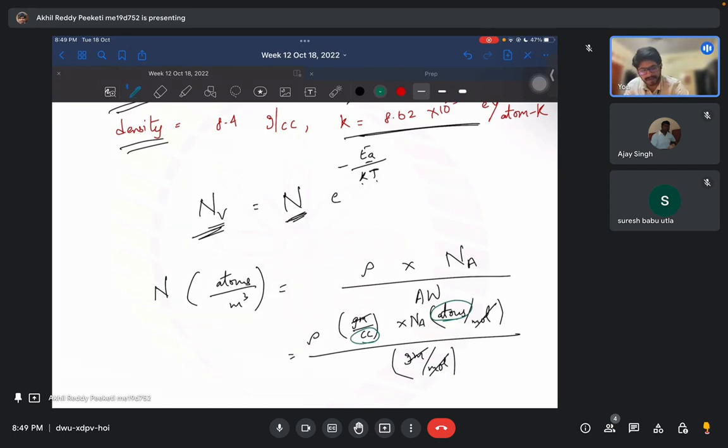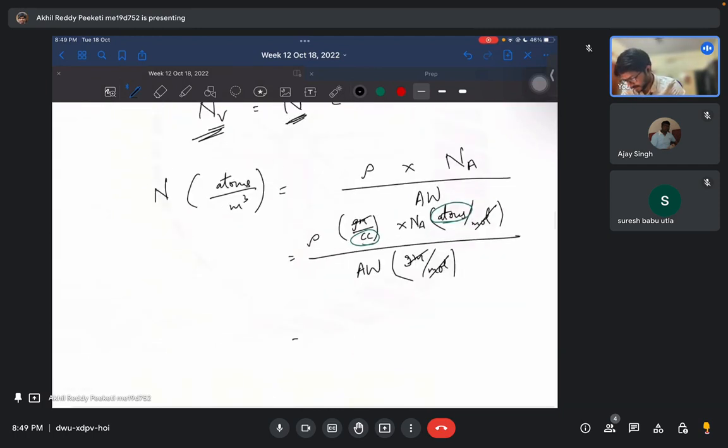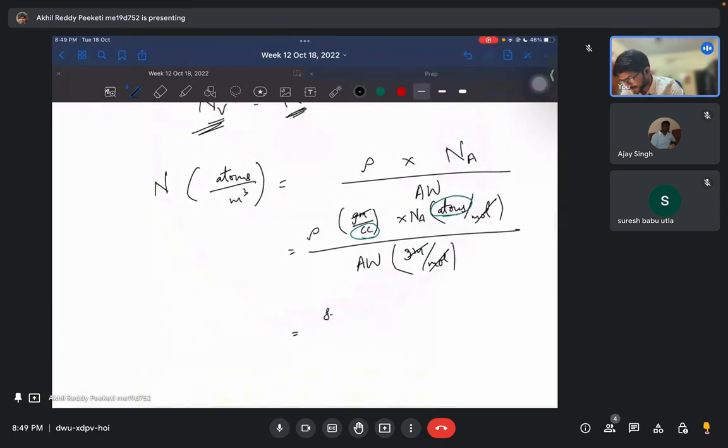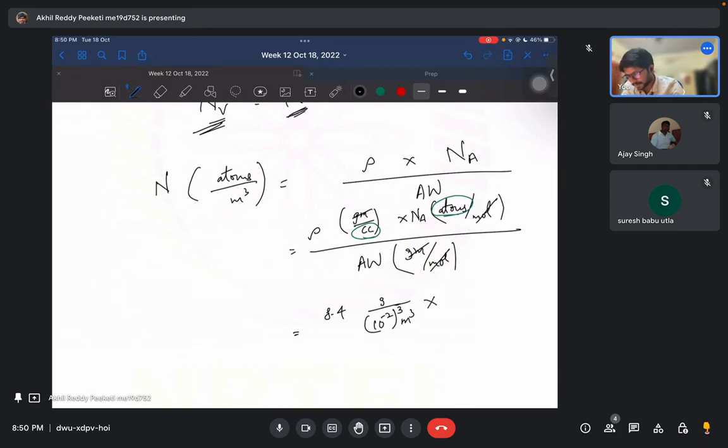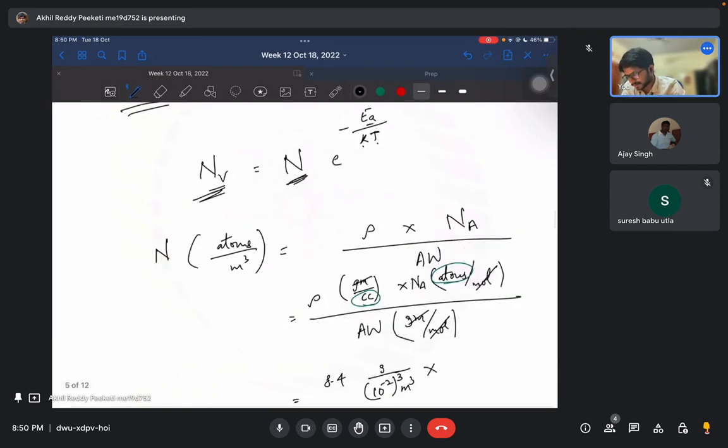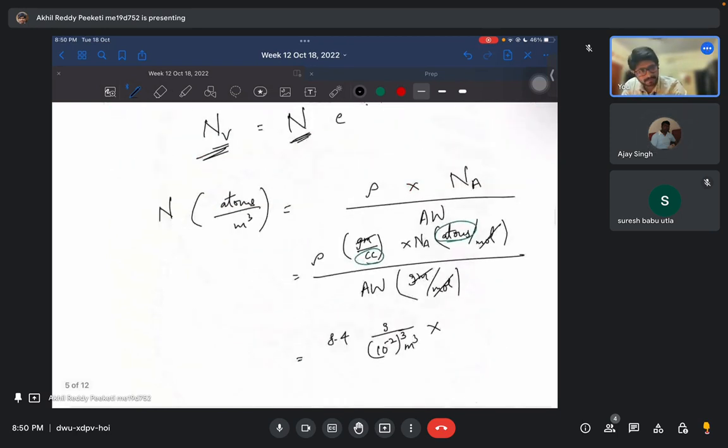This way you can confirm whether you have written the correct formula or not, just by doing the dimension analysis. Okay, so let's plug in the values. Density is 8.4 grams per cc. Because we want it in meter cube, we need to convert that, so 10 to the power minus 2 meter cube, into Avogadro's number, 6 point,